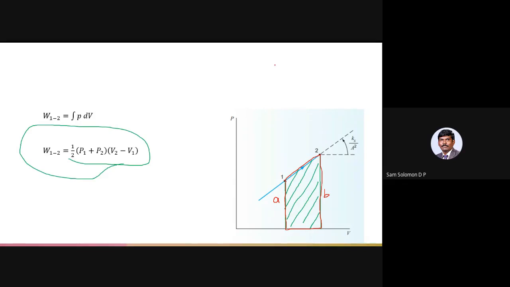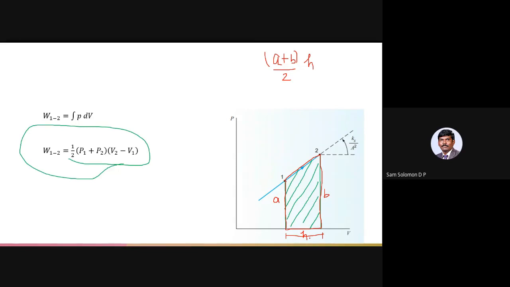Okay, and for a trapezium with two parallel sides, the formula is A plus B divided by 2 into the height. Okay, so in this case, A plus B is the parallel side and the height will be in this particular direction. So this would be the height. So A plus B by 2